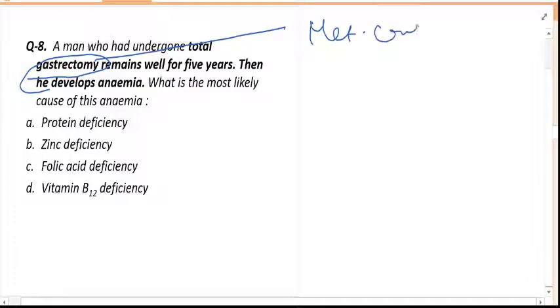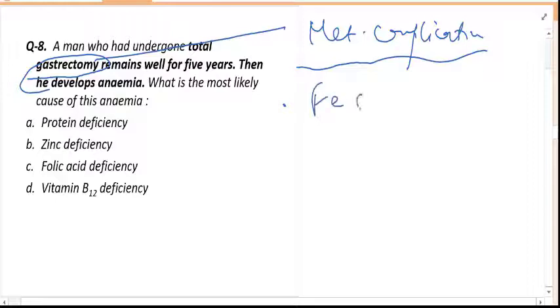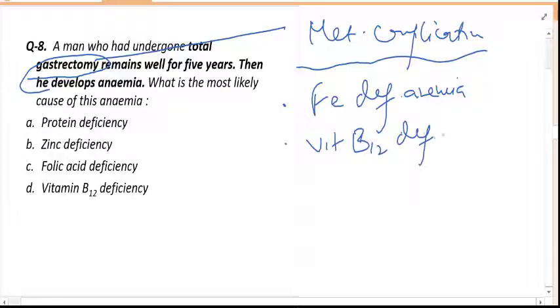Metabolic complications. So if you say anemia in a post-gastrectomy patient, what is the most common cause? Iron deficiency. Iron deficiency anemia is the most common cause. There can be vitamin B12 deficiency also, especially if there is total gastrectomy,